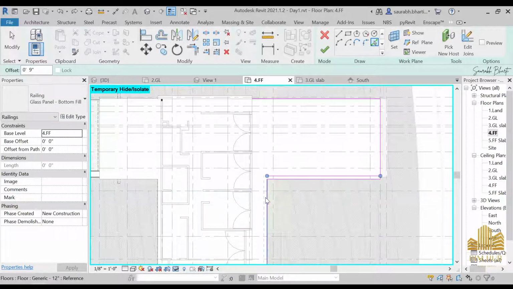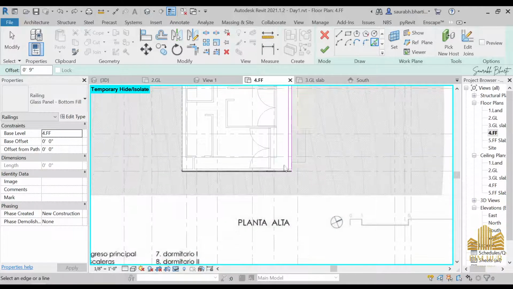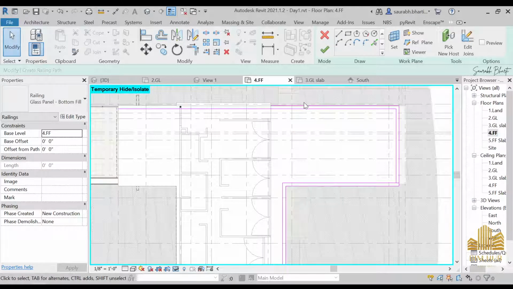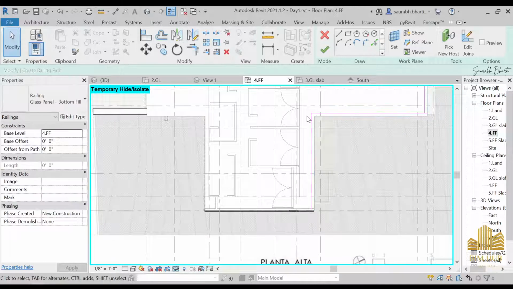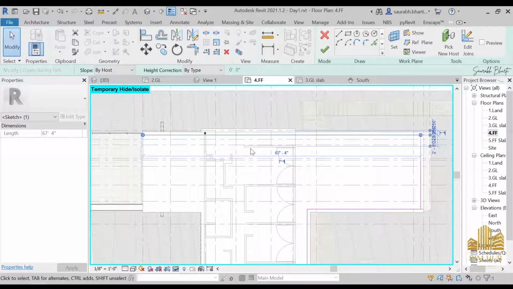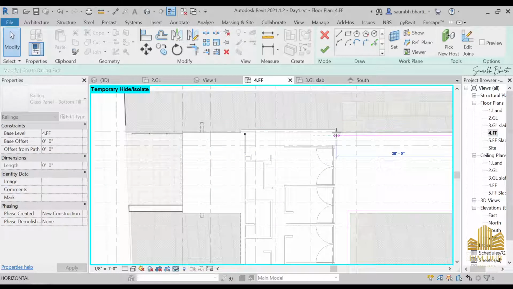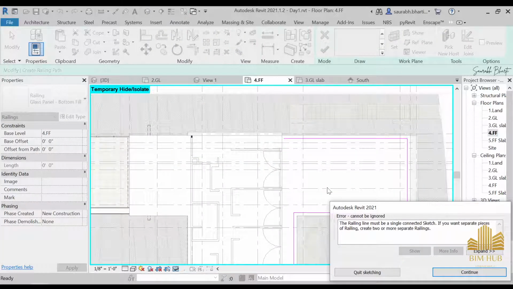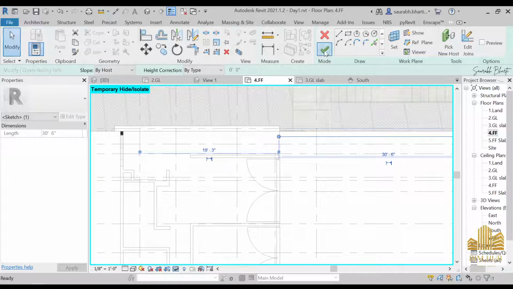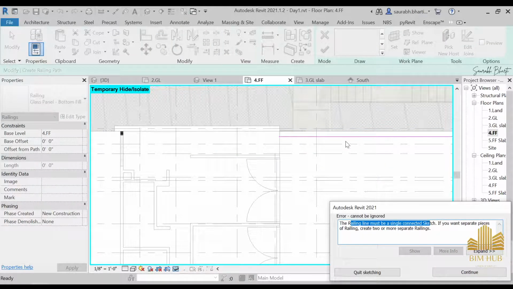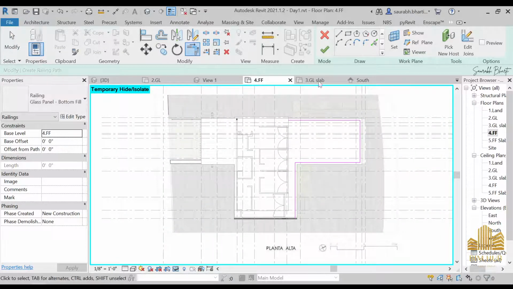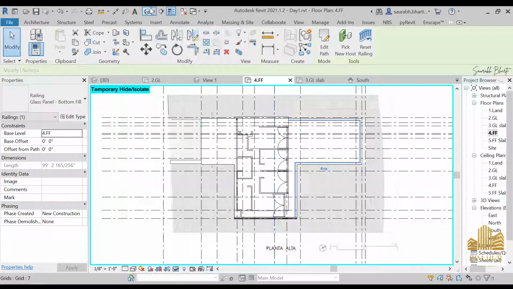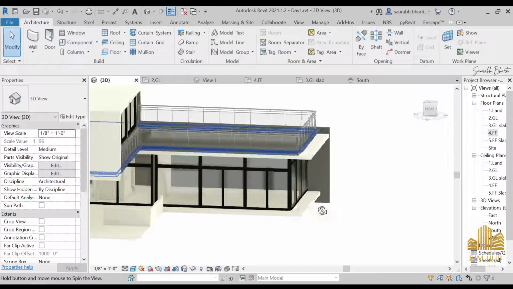And now we are just making it on the inner side, and just delete the outer side. There's the outer railings, you can delete it and make this railing a little bit smaller, like till here. Finish it. And why is it giving us an error right now? The railing must be in a single sketch line. Here also there's a problem, so just trim it out. TI is the trim shortcut. Now finish it. And now you can see that if you go to 3D view, there is this glass bottom